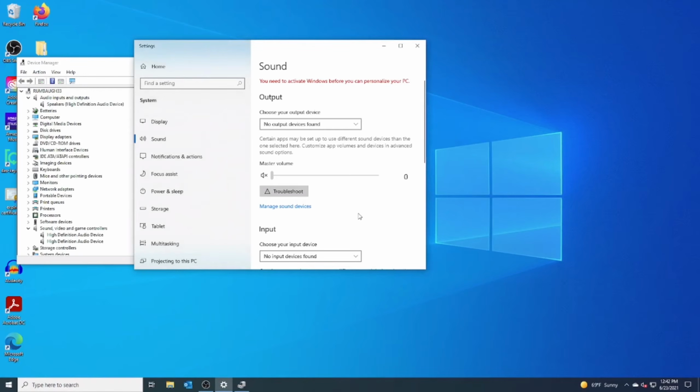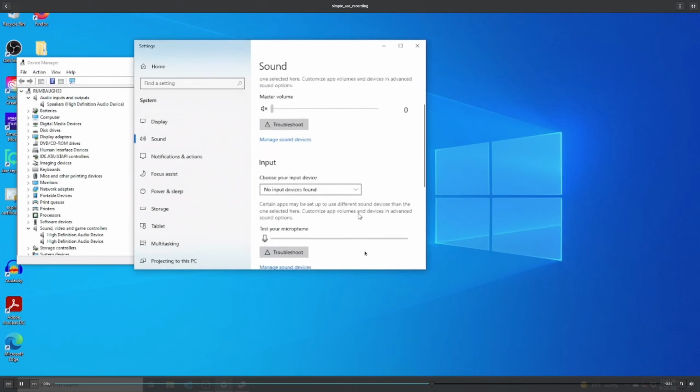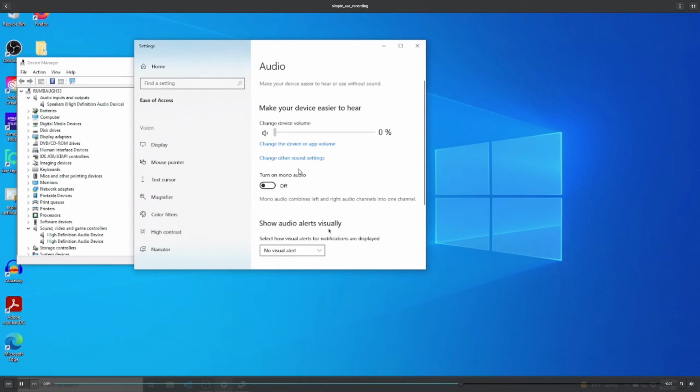Now, I've done a bit of tinkering because you have to do this process every time you reboot the computer. The only way that I've been able to reliably get this to work is to do that uninstall, reinstall process that I just did first. So do that, and then you're going to do something weird. We're going to scroll down and go into Ease of Access, then change Device or App Volume,